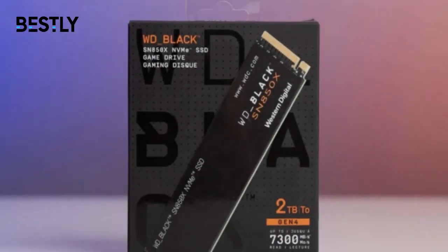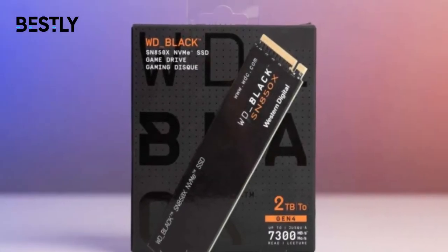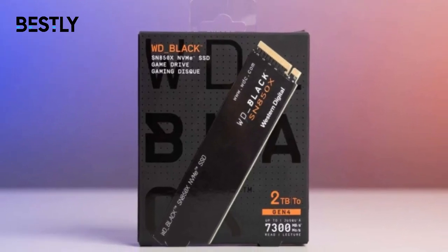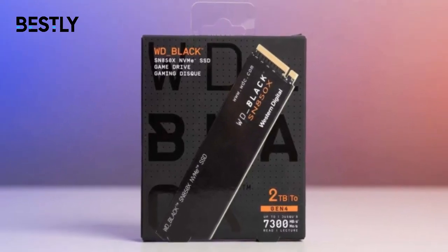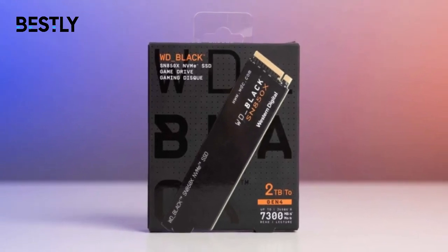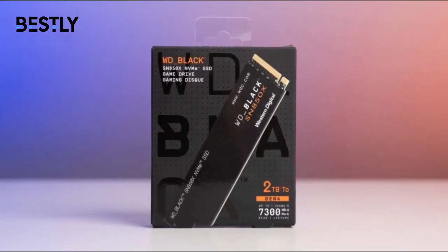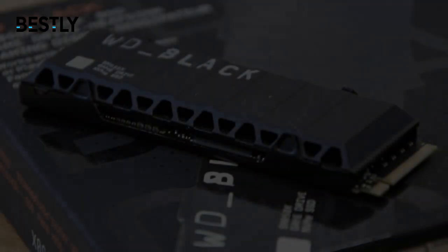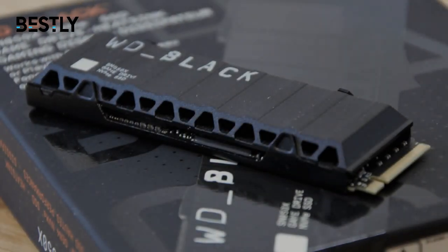There's also a heatsink option that comes with RGB at 1 TB and 2 TB. WD also supports the SSD with its decent dashboard application and a respectable 5-year warranty. The M.2 Black SN850X was a bit pricey at launch, however, with a daunting MSRP, but those prices have largely